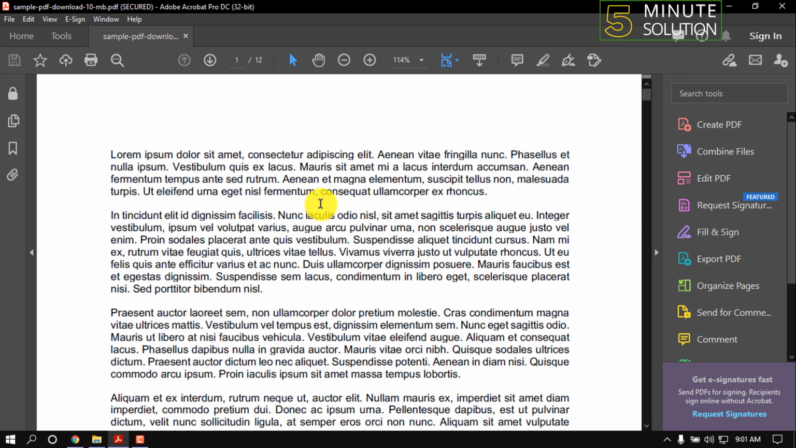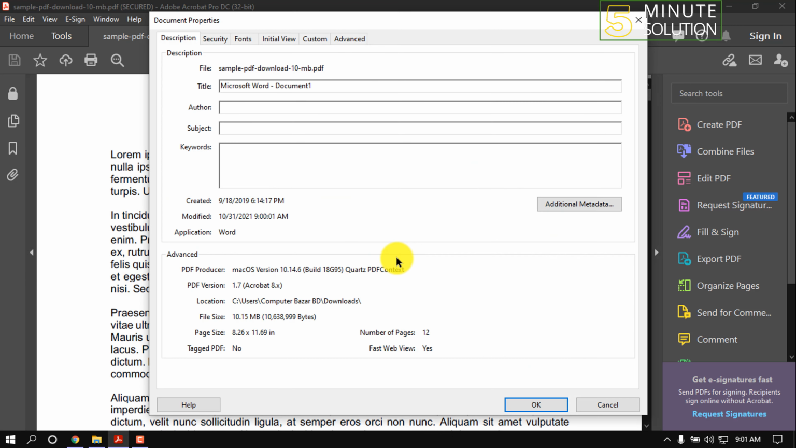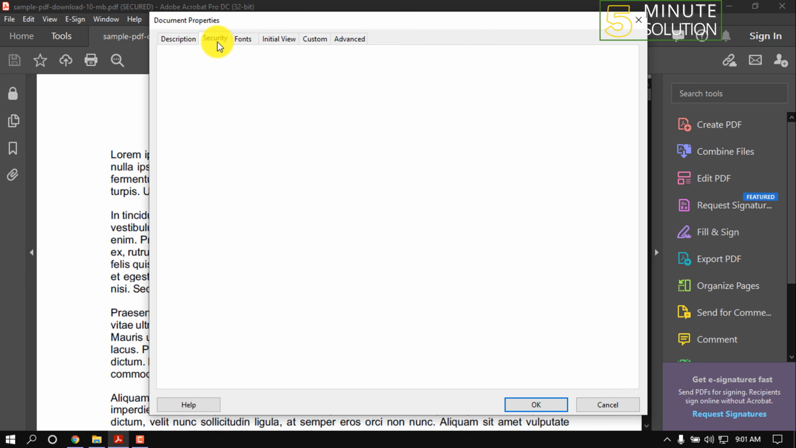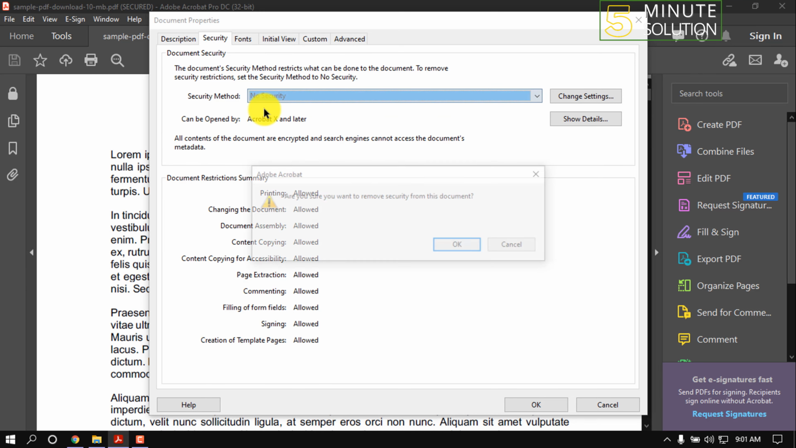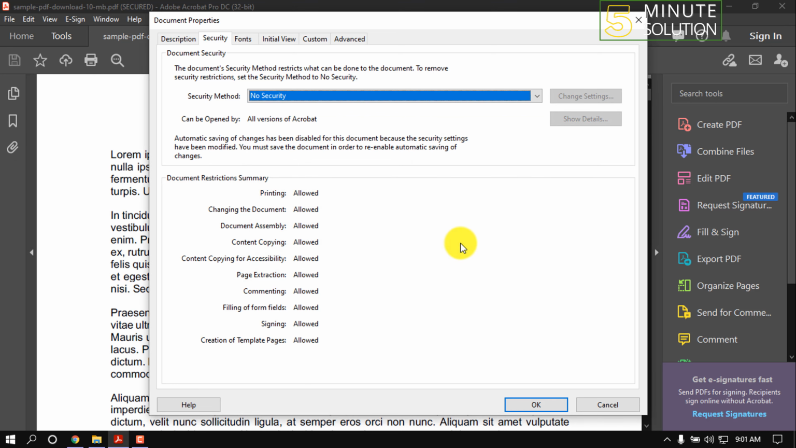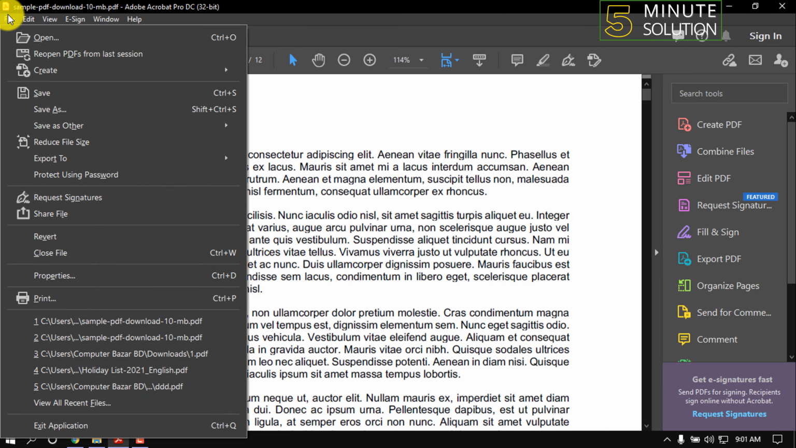To remove the password protection, click on File and go to Properties. Click on this Security Method option. Select here No Security. Click on OK. OK. After that, save this PDF file